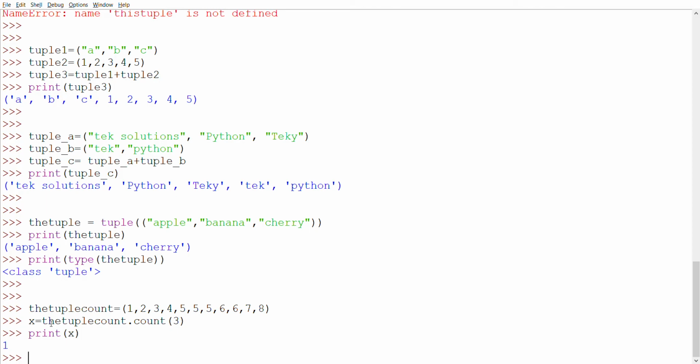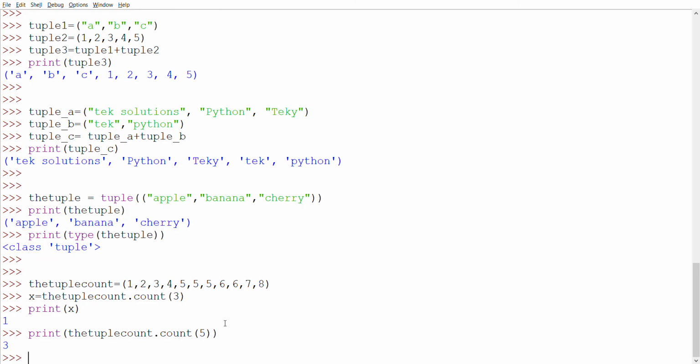Now go with another example. Let's copy and paste and use 5, and print. What will it print? 3, right? 5 occurs three times here, right? See, 1 2 3.